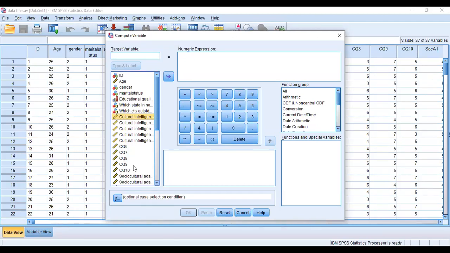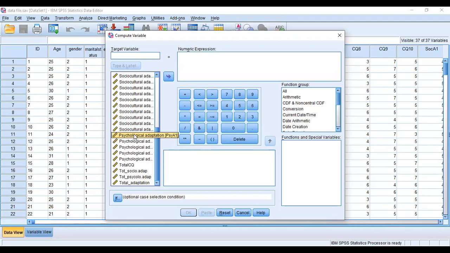So items 1 to 10. Let's take a smaller scale, which is psychological adaptation. It only has 5 items. So what we will do: item 1 plus item 2 plus item 3 and so on and so forth, right? And what do you want the target variable to be called? Since it is the total of the scale, we will say total psychological